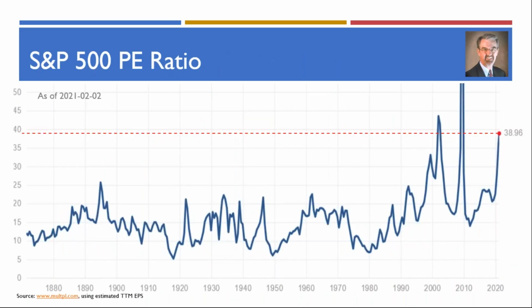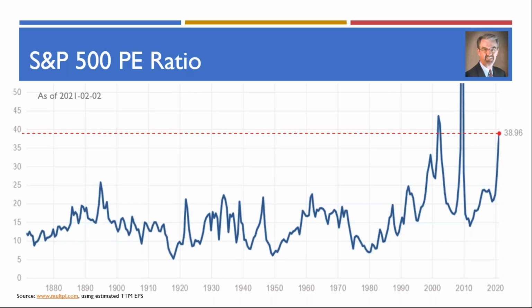The S&P 500 PE ratio is still climbing. It's up from where it was in December. I look at this on a monthly basis. This tells me a couple of things. You can see the red dotted line shows you where the S&P 500's current PE ratio is relative to history. So you can see that prior to the 1990s, if the PE of the market was 40, that would have been an incredibly odd, unusual, perhaps terrifying event.